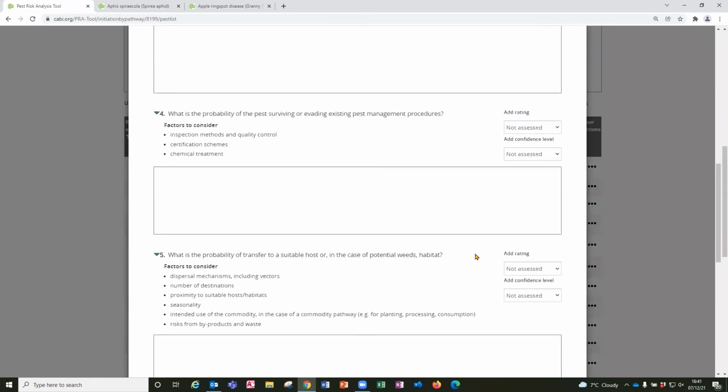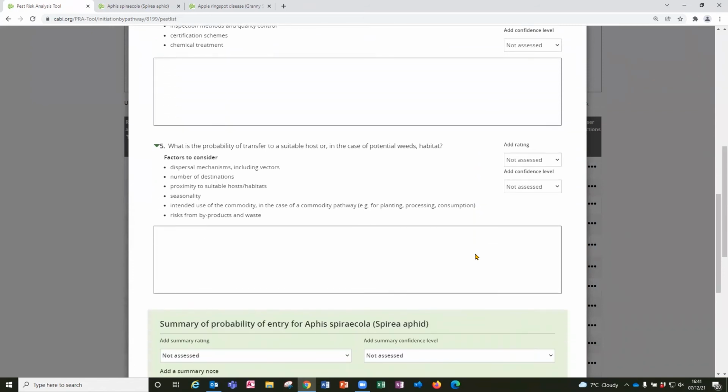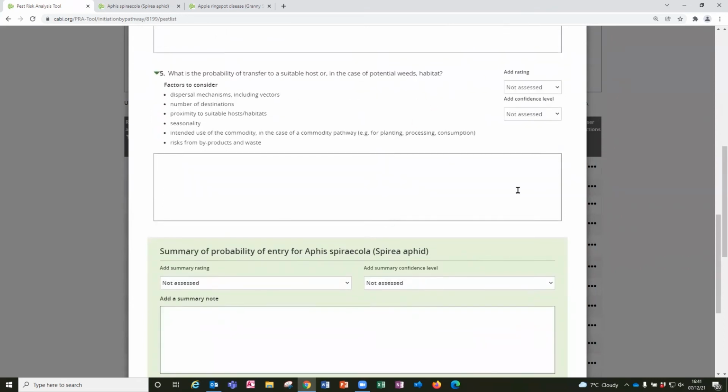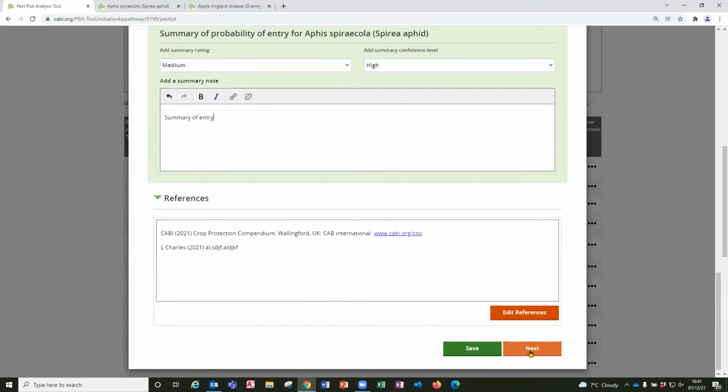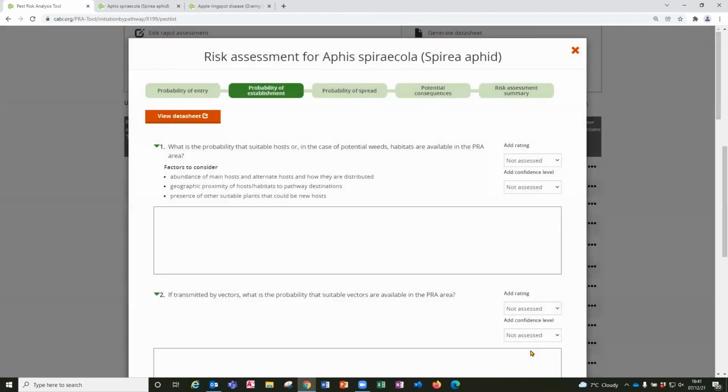And there's nothing that requires you to answer the questions in order, or in fact all of them, but it is advised that you complete as fully as possible. Once you've done that, it's your task to assign a summary rating for that step and add a summary note here. And when you click next, that will save that page and move you on to the next step of the